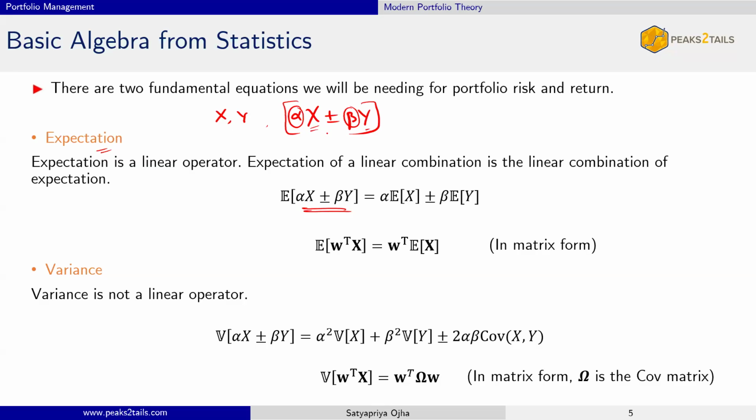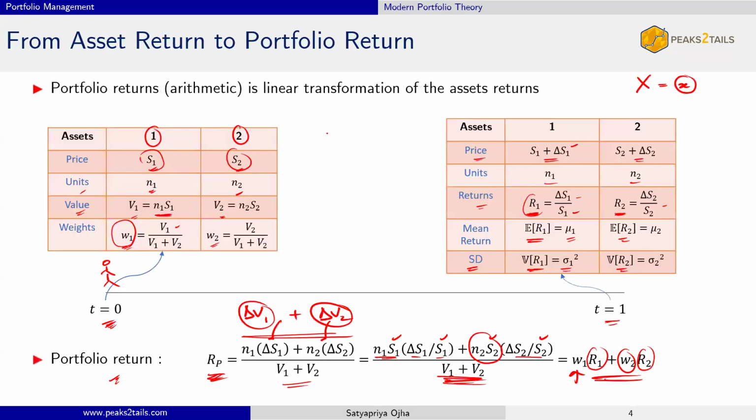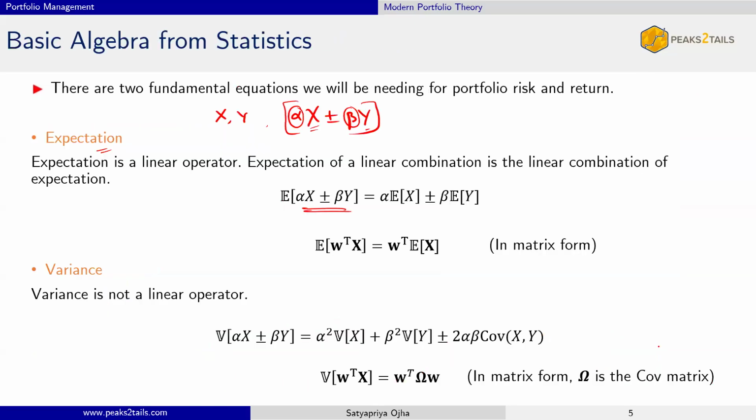Markovich needed to use those. Why? Because a new random variable is created, which is a linear combination of two random variables. W1 and W2 are the alpha and beta. R1 and R2 are the x and y. Right? At this point, Markovich is like, I need to find, because if you have the portfolio return, you want to know what is the mean of that return and what is the variance of that return. For that, you need to borrow these